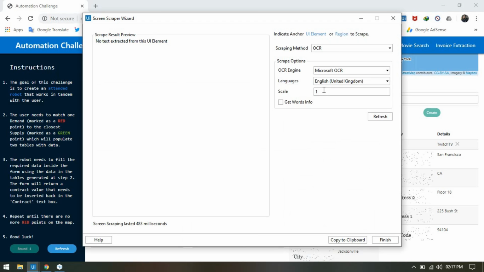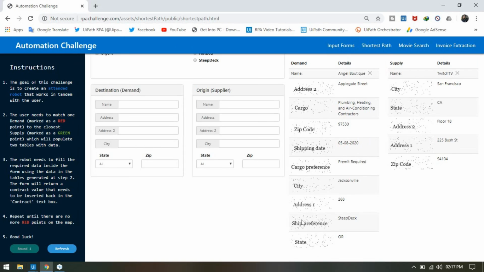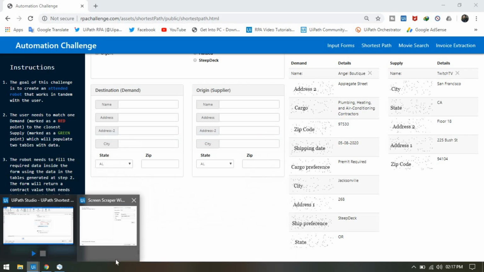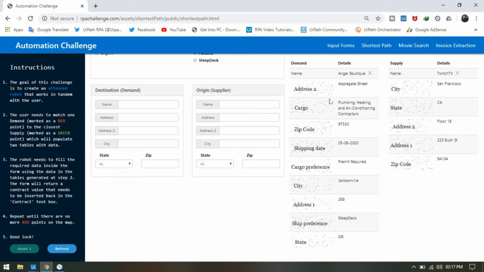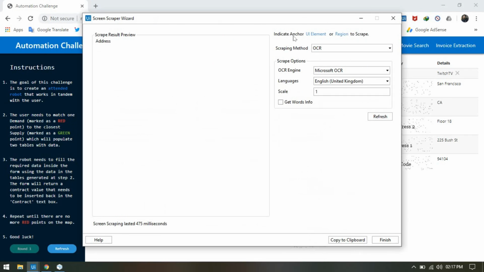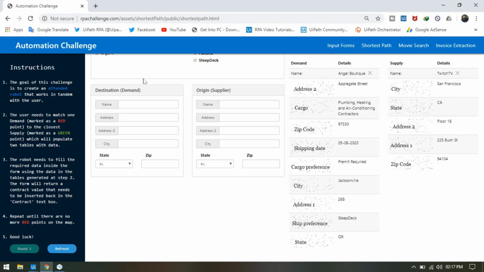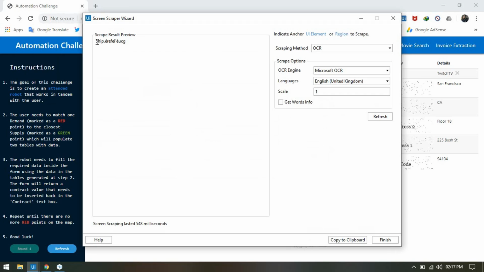If we are trying to capture the data with the scale 1, then it's not possible to capture all this data. You can try the same thing. Now if I'm checking for the address 1, I'm just getting address here. If I am looking for the ship preference, I'm getting incorrect data.